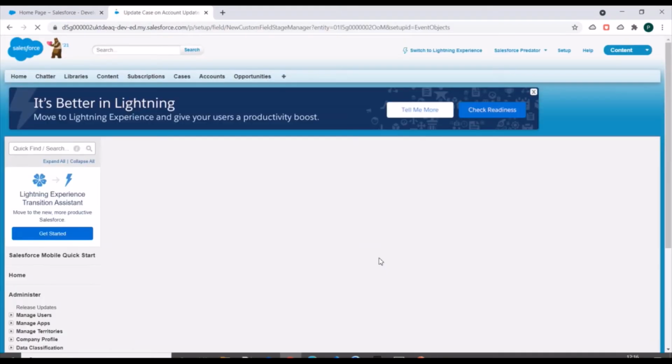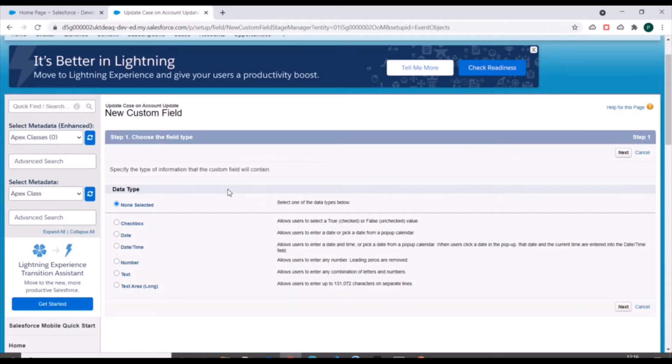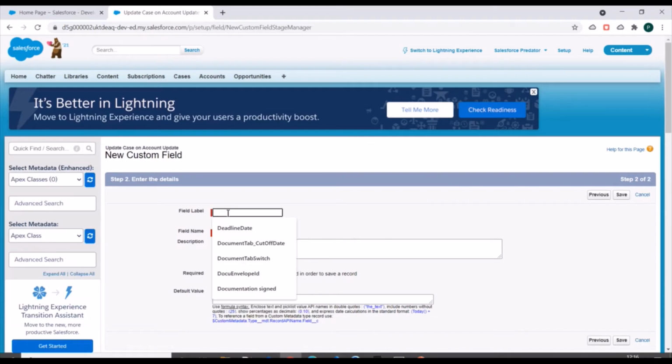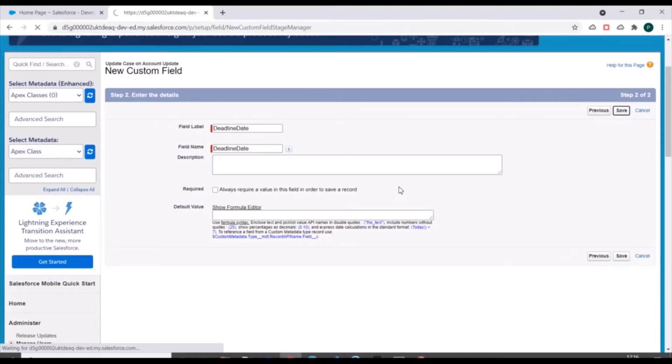Again we'll click on new field. We'll specify a date field and click on next. We'll specify deadline date. We'll save this field.